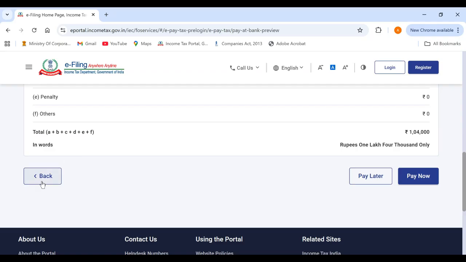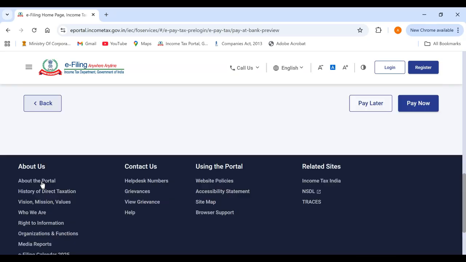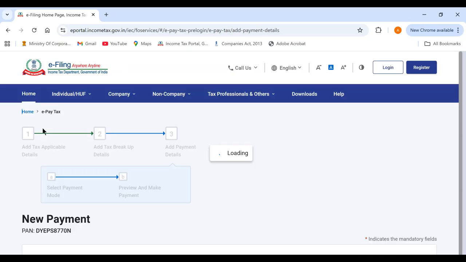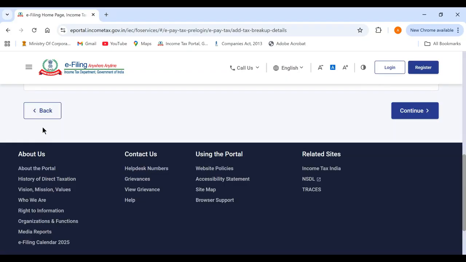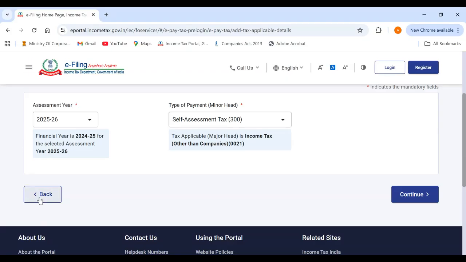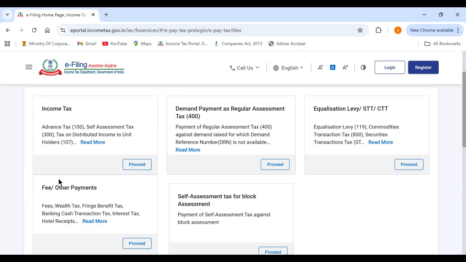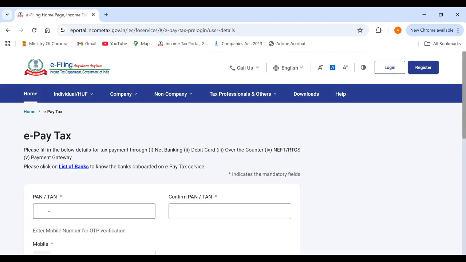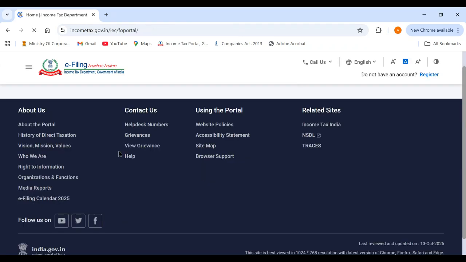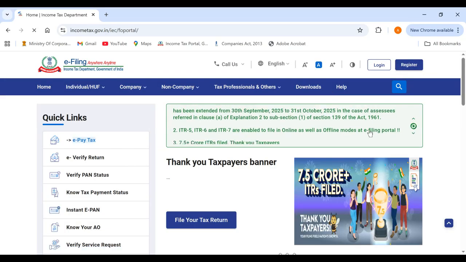So in this way, from this home button, we can give all those details to create the challan or to make the payment, e-payment. So all these things from the home page itself,